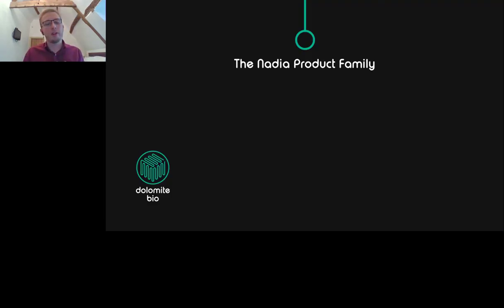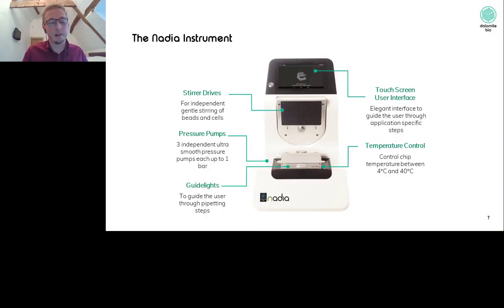So that would be the workflow of general scRNA-seq on Nadia. But what we can go through just quickly now is the Nadia product family and how it is unique in terms of a microfluidic droplet-based fluidic device. There are a few different unique aspects to this, the first of which is our proprietary technology here, which we